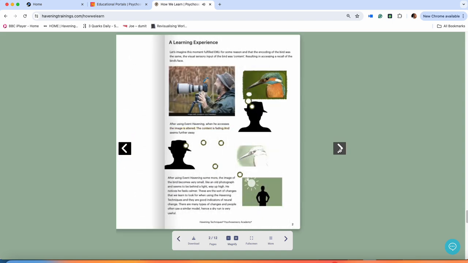And then when you do havening, what happens if this was something upsetting, if this was a dog biting or something, then what would happen is that this content starts to fade, and the client starts to say things like, I can't access it, I can't reach it, it's not there, I know what happened but it's not there. And then they may have a new perception when they access a bit more after the event havening, and they may say